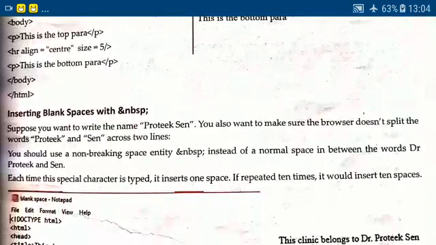So you should use a non-breaking space, ampersand NBSP semicolon, instead of a normal space between the words. Each time this special character is typed, it inserts one space. If repeated 10 times, it would insert 10 spaces.